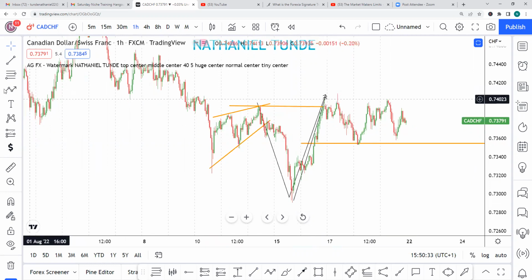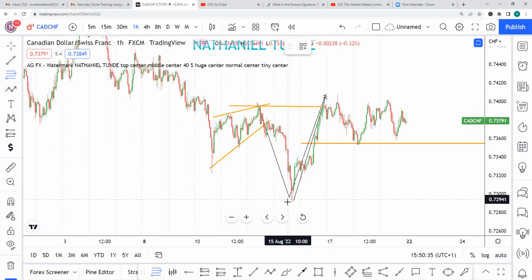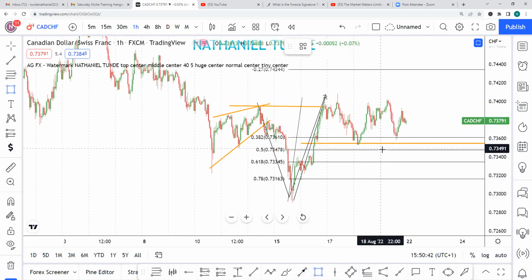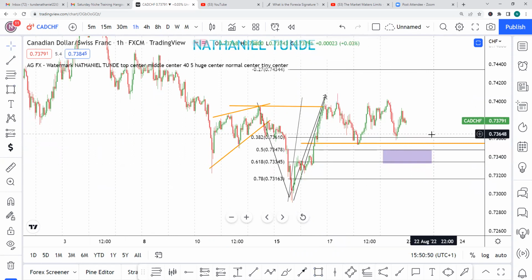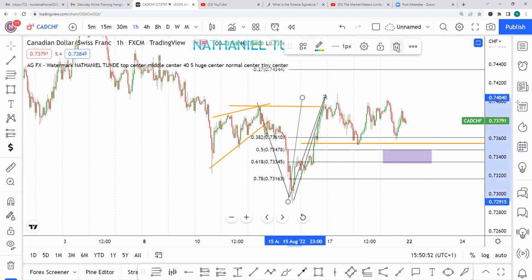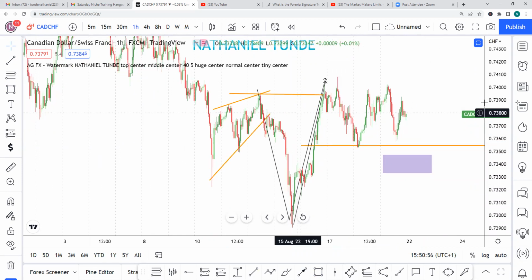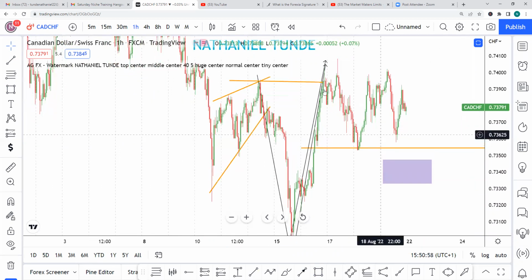All right. So what we have to do right now for this setup is to take a fib of this impulse and mark 50 to 61.8. Mark this level. Okay. I was thinking this pair is ready to move, but after a closer look, I discovered that it's not ready to move. Okay, and when we draw this box, you can see that right here you have